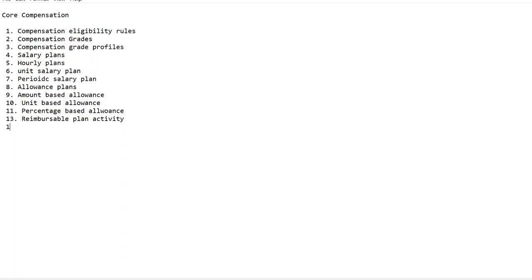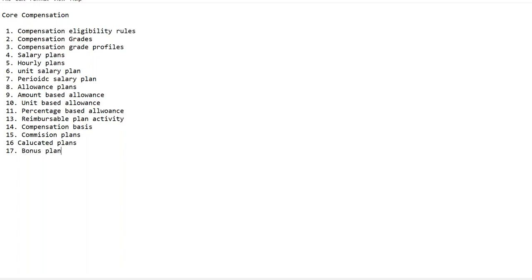Apart from this, what we're going to cover is compensation basis. Compensation basis is nothing but to identify some of the earnings we are paying for an employee. An example: total target earnings, total base pay, total cost to company. We'll talk in detail in regular sessions. Then commission plans, calculated compensation plans. What else can we create? The advanced one I will hold for a minute. First I will list out all the topics we're going to cover: commission plans, calculated plans, compensation basis, then